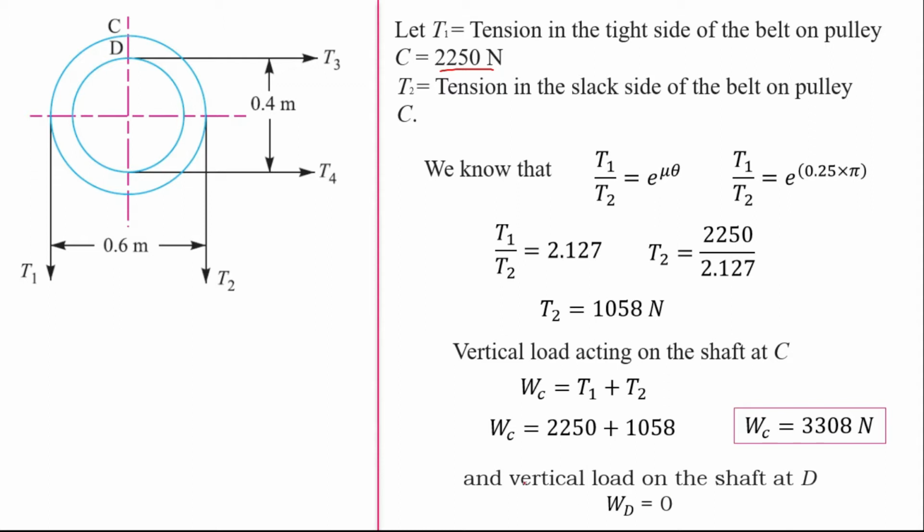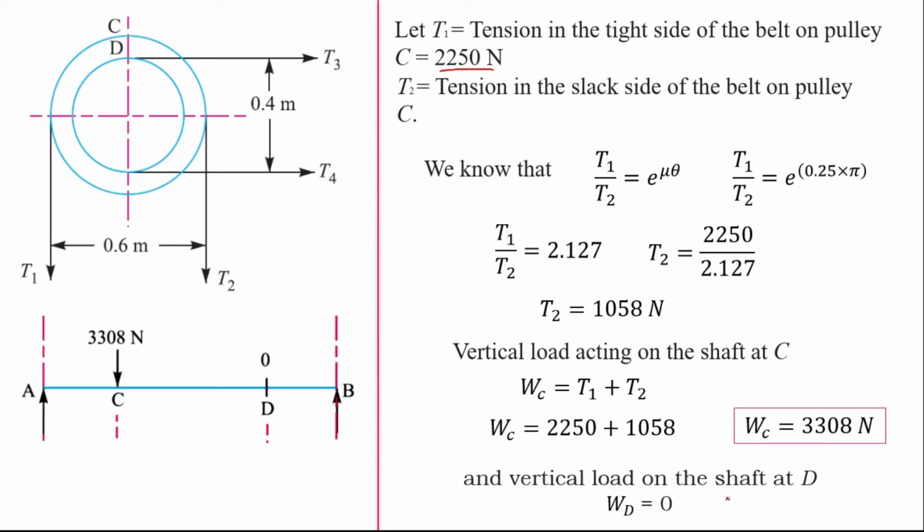Then the vertical load acting on C, there is no vertical load, right? So only the downward direction load is there, right? So that we calculated. And for the vertical load on D, only the horizontal loads are there, no vertical loads are there. So therefore the load acting on the pulley D in the vertical or downward direction is 0,